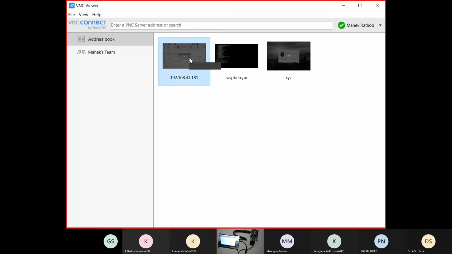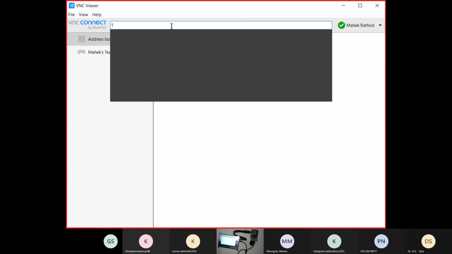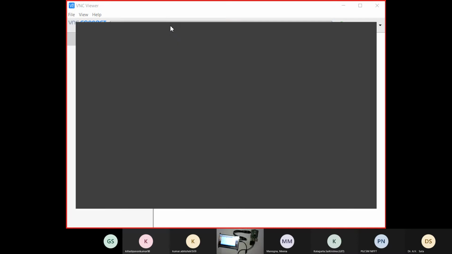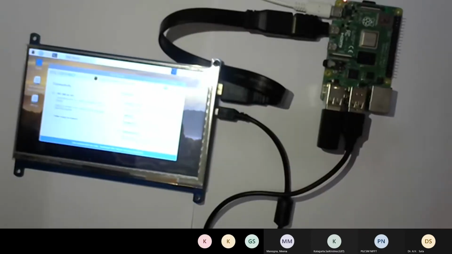I have connected this one earlier, but I will be doing it for you so that you can get to know. Okay, so basically you will have to type the address given over there. When we start the VNC viewer, it shows one IP address when it is connected to Wi-Fi, and we'll have to connect with it, and it will directly show that the Raspberry Pi screen is on.